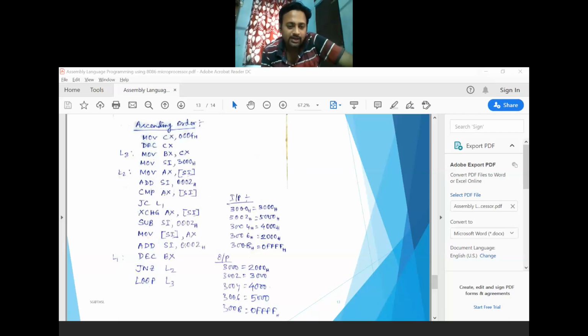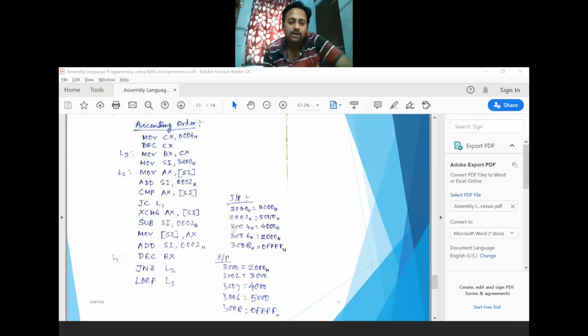Okay, so at this point again it goes to such level where exit, that is the 3002 before the exchanging condition 3002. Then decrement the inner counter. If inner counter value is not 0, again move to such level. Which level? This level, to compare this value 3002 with the 3004 memory location content. And when this is completed, it goes for the 3004 and 3006 memory location compare execution.